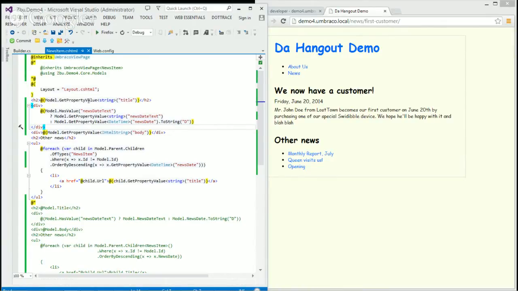But we also want to have a text date, because maybe we don't want to say it was June the 1st, but we want to say it was Q2 or holiday seasons or something like that. So we have a bit of logic saying if we have a text date, then display that date. Otherwise, pick the real one and convert it to string, etc. It's just horribly verbose, and you don't even know where the HTML is and where the code is, but it works. And then we want to iterate over all the children, which are the news items.